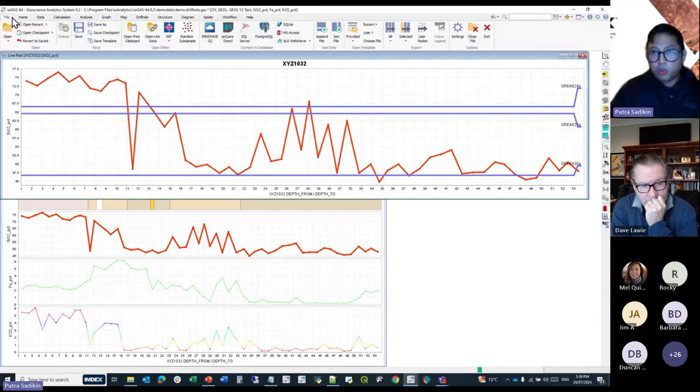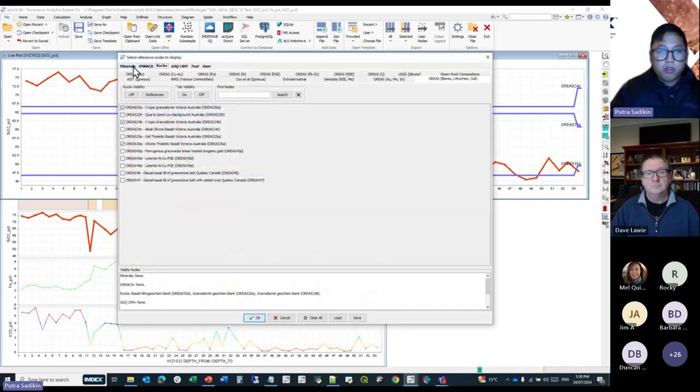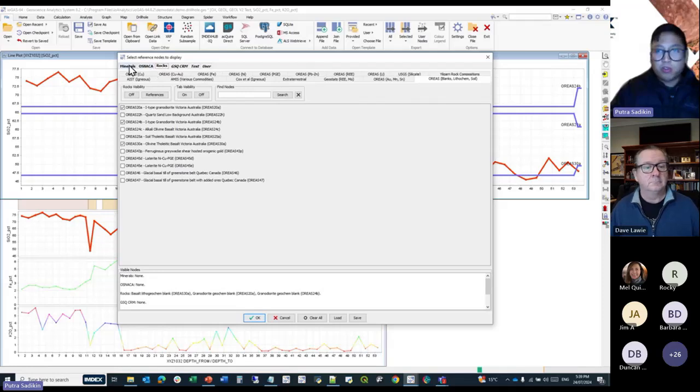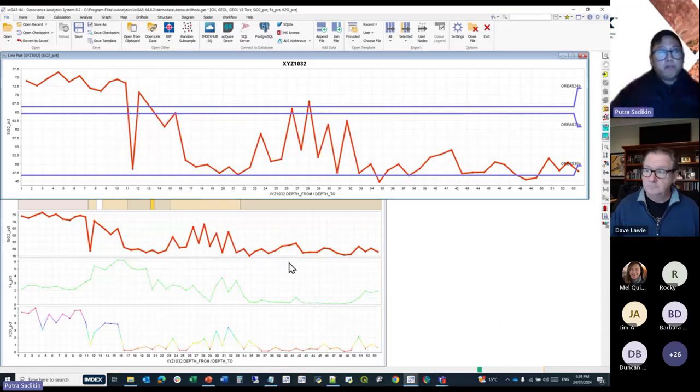We've always had this tool for a few releases now called export user nodes. That allows you to export your own CRM material as your own nodes and bring them into ioGAS through our rock and reference tools dialog. Okay, so that's line plot. Now let's move on to a different file. But before we do that,